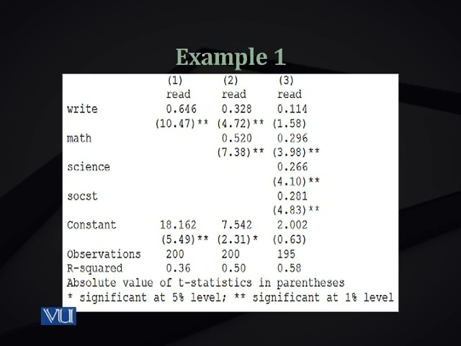Below that you have the number of observations. Note that the observations in models 1 and 2 are 200 and in model 3 are 195, that is 5 less than the other two models. When you include a lot of variables, it may be possible that some rows include missing values. So if one value is missing, the whole row is excluded from the regression. So you have 200 observations in models 1 and 2 and 5 observations less than that in model 3. This means somewhere there were 5 missing values.